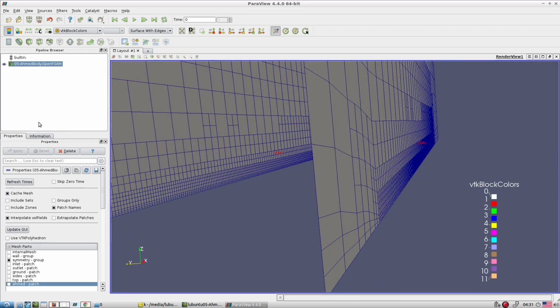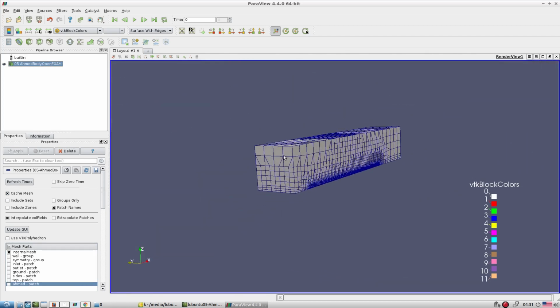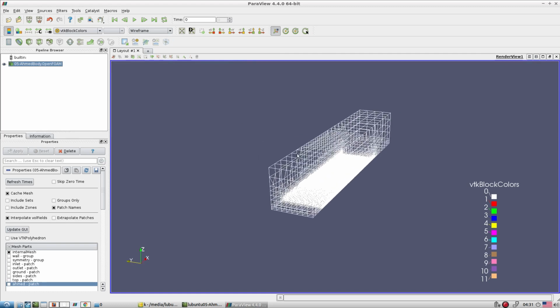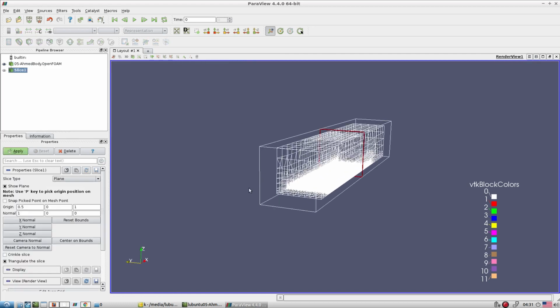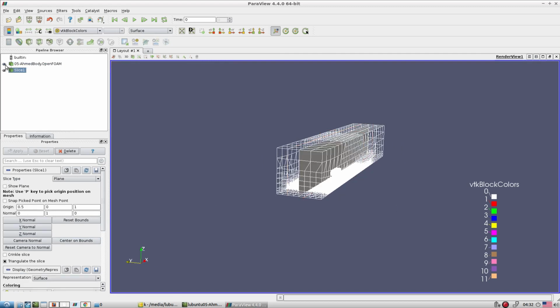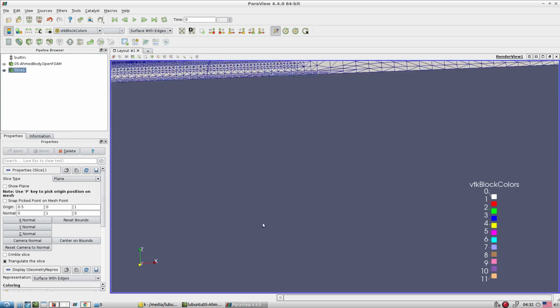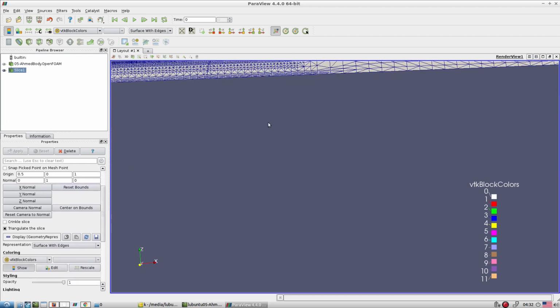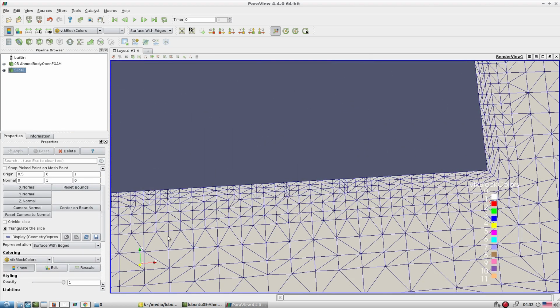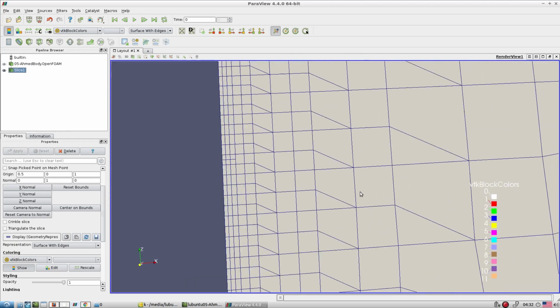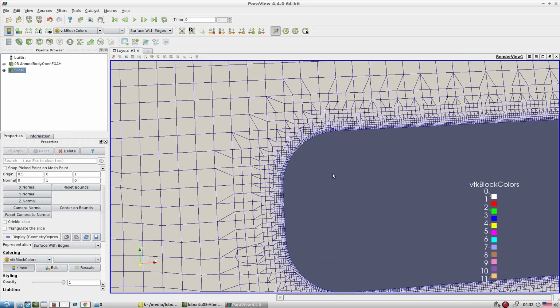Okay, let's go towards the internal mesh and have a feeling for it. First let's use wireframe, and we cut the plane. So we cut in the y direction at the mid plane. If you cut it, switch off this. So this is our obstacle. Over that, if you see, a very nice boundary layer is visible. For that it is called triangulated, because when we cut it, look at the triangulated type of slice. If you switch it off, it exactly gives you the idea. So near all the solid walls we specified very nice boundary layers.